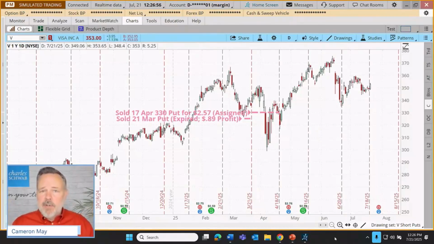Number one is the price per share. Covered calls and short puts can tie up a significant amount of money in a trader's portfolio. So the price per share can play a larger or smaller role depending on the size of a trader's portfolio. So price is one thing. Liquidity typically plays a role as well.